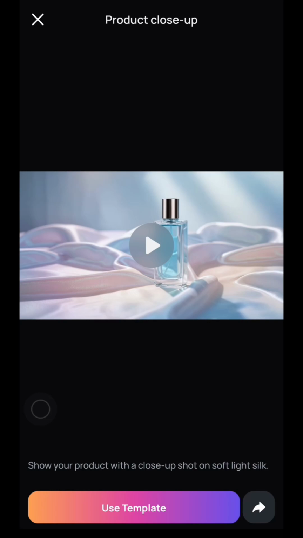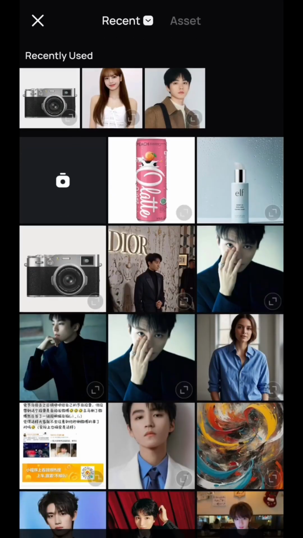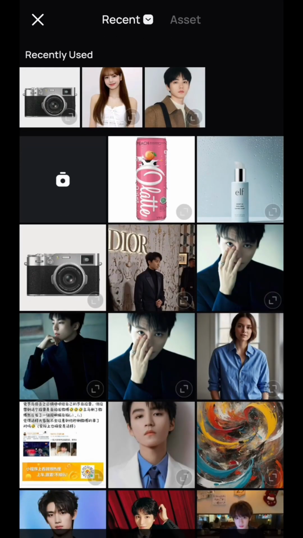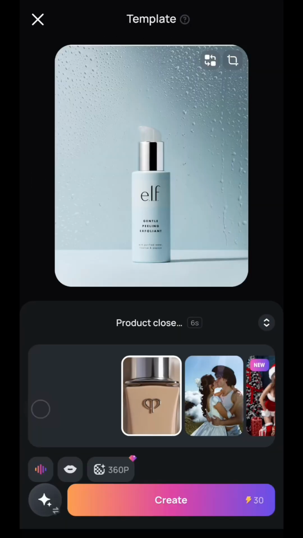Like this. This is the effect that will animate your product. These animations, I think, are so smooth, elegant and visually clean. It's perfect for product showcase or maybe small business promos, gadgets or anything that you want to present in a premium, professional way. Next, just tap on use template and then just upload your product photo like this, and then just